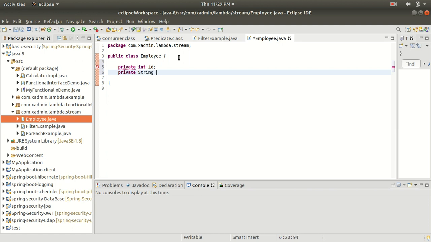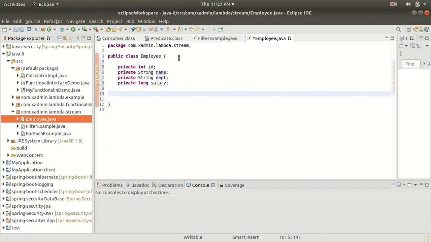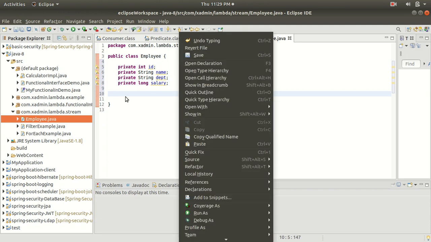String type will be my name, string will be my department, and I am going to keep long as the salary. Alright, so guys, these are the four properties I have added to my Employee class: ID, name, department and the salary.